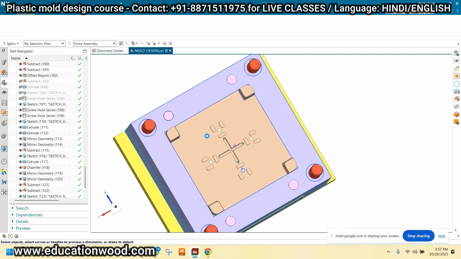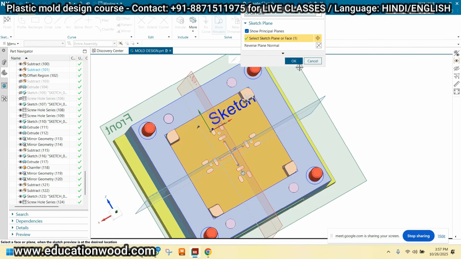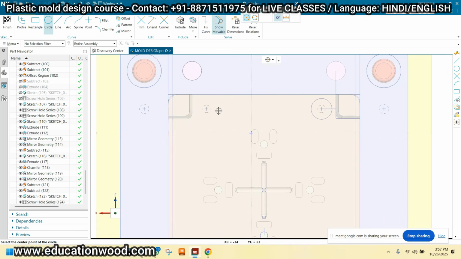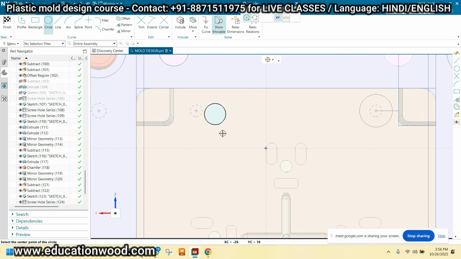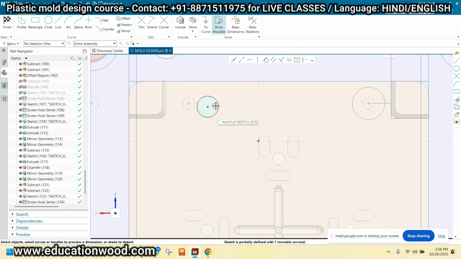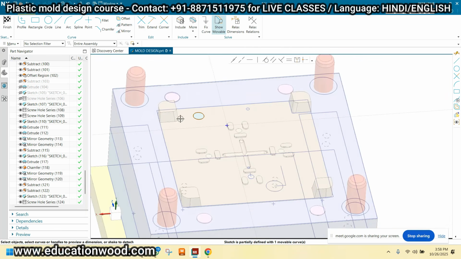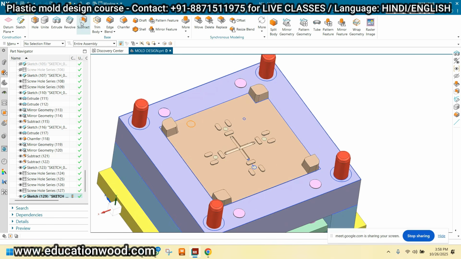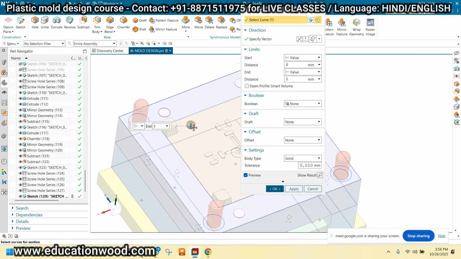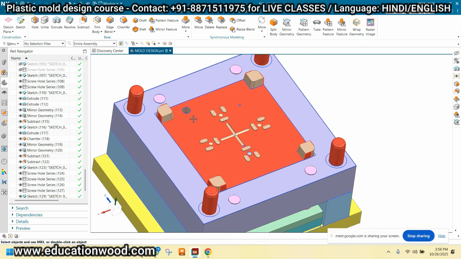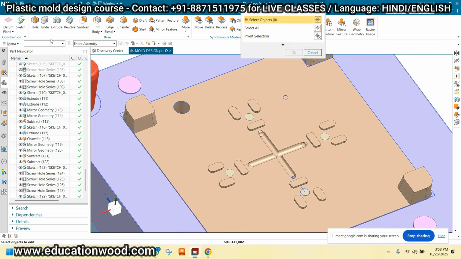So there is no use of that hole on the surface of the core or the cavity, but for the future reference we should use this hole for the dimensioning. Basically we have to provide the dimensioning or reference with this hole, right? Let me check 1 minute. Let me create this first of all and hide this and just click OK. Just for example, this is the reference hole here, right?